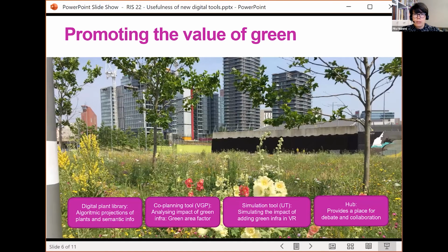We know that urban green is an essential quality factor of urban environment. Both planners and active citizens value livability of the living environments. Greenery influences visual perception of the cityscape and contributes to the local identity and supports ecological sustainability. Our tools can help planners to promote the values of green by providing tools for visualizing and analyzing the impacts